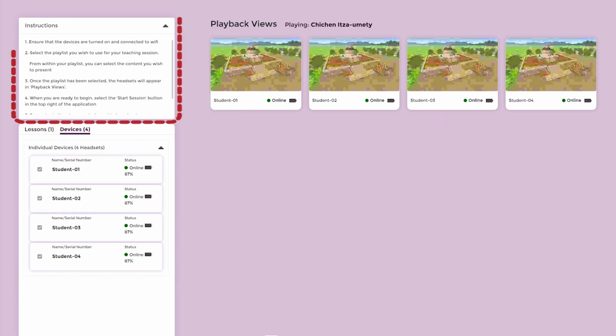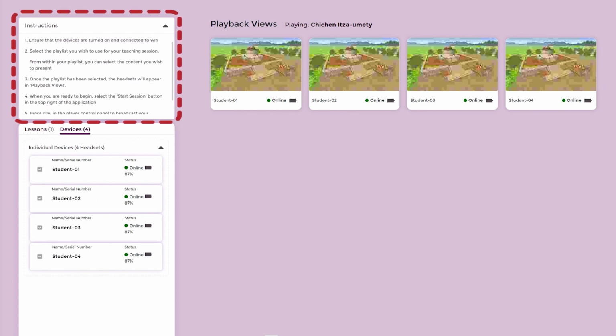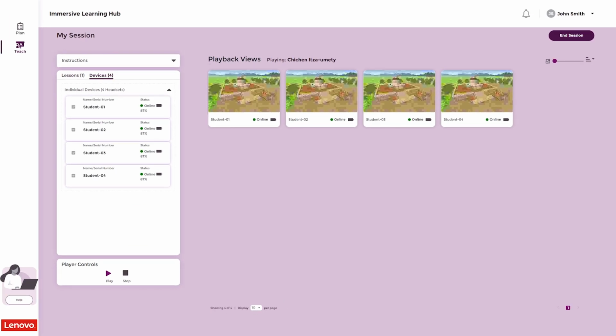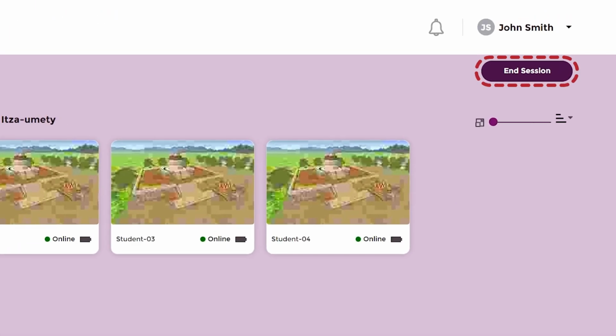You can also expand the Instructions section in the top left of the screen to view the steps for running a session. Once you have finished your lesson, click the End Session button in the upper right corner to end